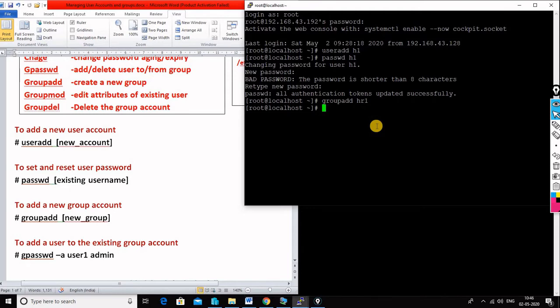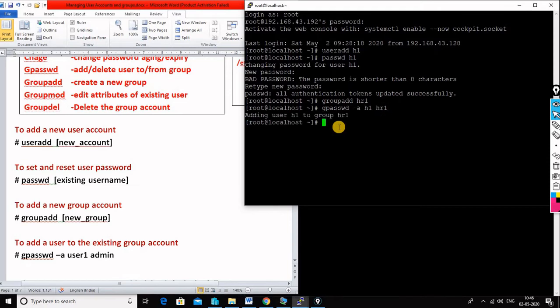Now, how do we add a user to an existing group account? I will use a command called gpasswd. gpasswd -a. The -a is used to add the user. Then I have to mention the user name, then the group name.